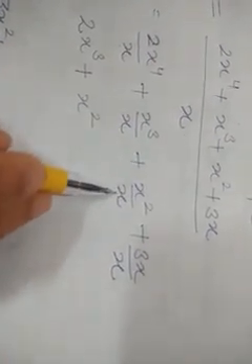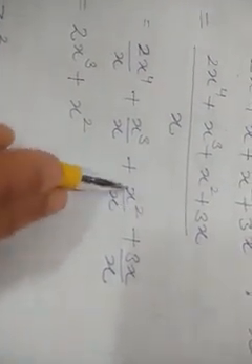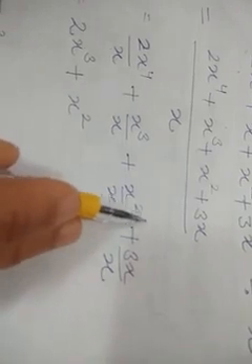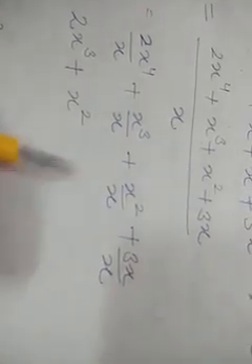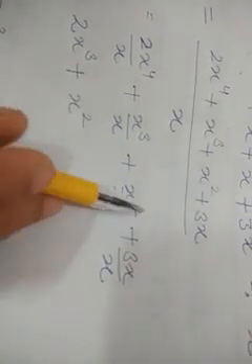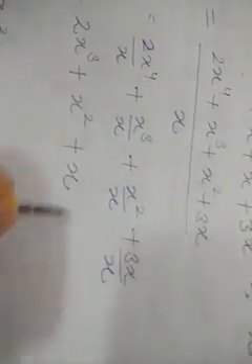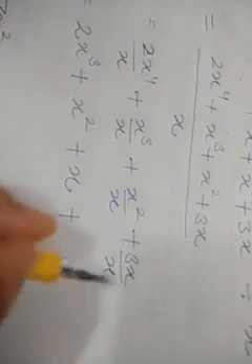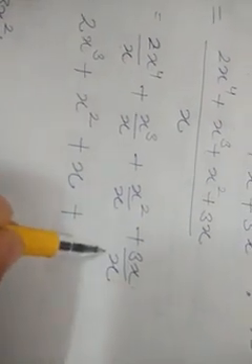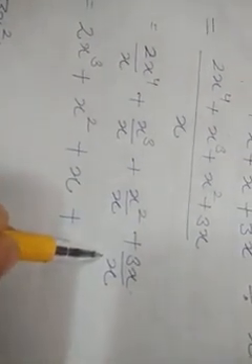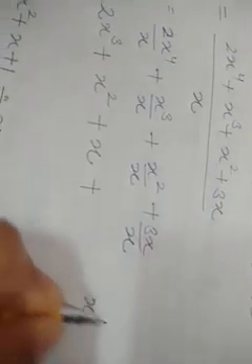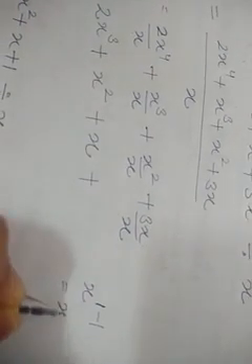x square upon x. 1x is cancelled by x. Then we will be left with only 1x. Or you can say, by the rule of exponent, x power 2 minus 1, we will be left only with x. Plus 3x upon x. You can say x is cancelled by x, and if you want to apply the rule of exponent, then it will be x upon x. That means x power 1 minus 1, which is x power 0.